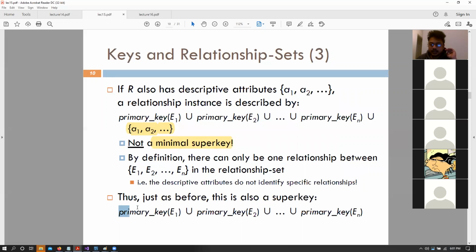The tuples themselves, and the individual primary keys for all of those entities can represent a super key as well, or can represent a candidate key as well, right? So in general, when we have a many-to-many relationship, that is